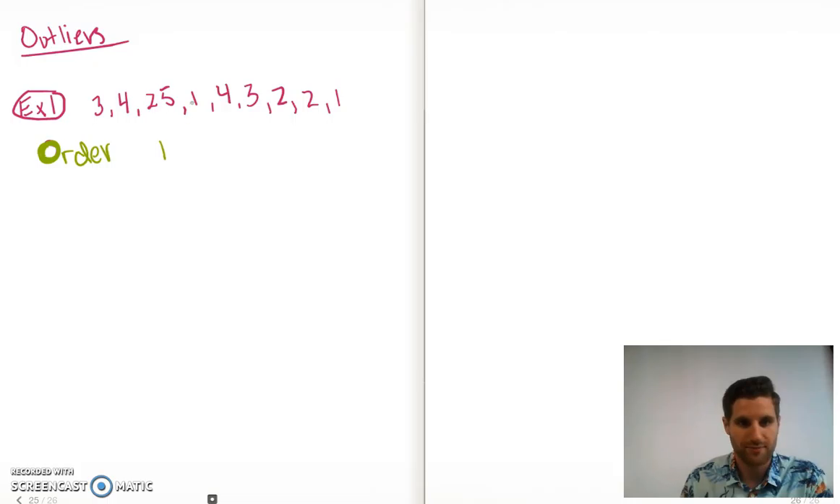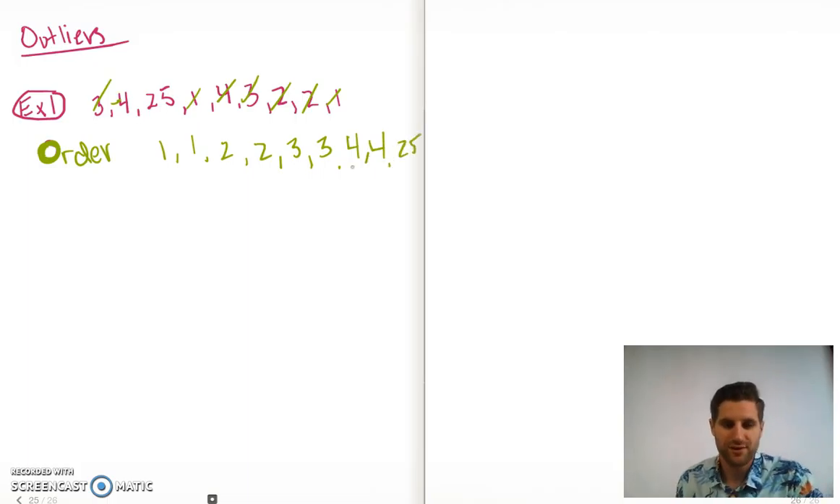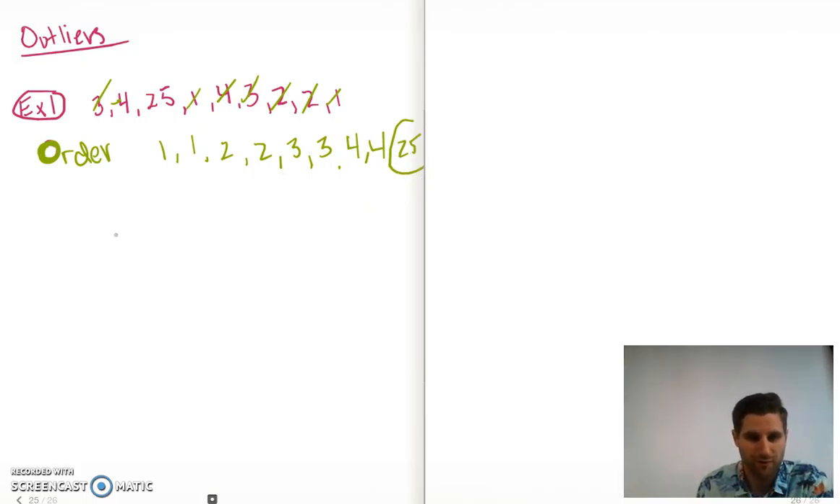We got 1, 1, I got 2 2s, 2 3s, and 4 4s. And then we got 25. Okay, I made this very simple to see, but I hope you guys can tell that 25 is an outlier. It is very large. If I were to put this in a histogram,